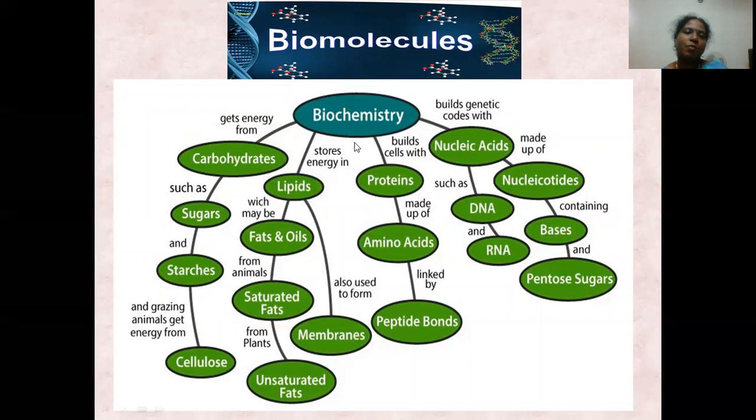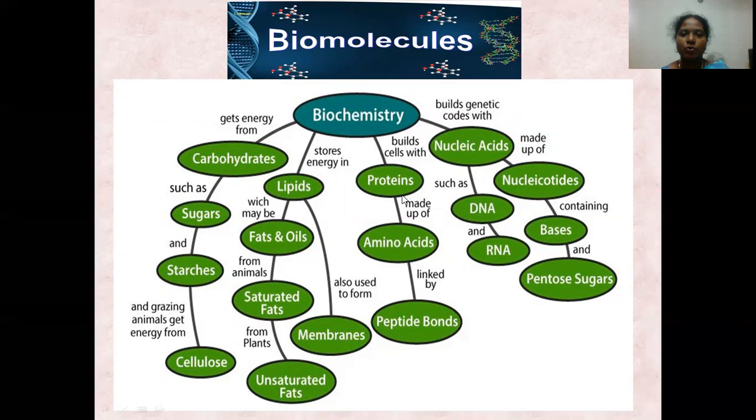Biomolecules. So biochemistry is the branch of science that deals with the chemical processes in biological systems or in organisms. Biochemistry gets energy from carbohydrates such as sugars, starches, and, in grazing animals, cellulose. And the energy will be stored in lipids, which may be fats and oils from animals, saturated fats from plants, unsaturated fats, and lipids